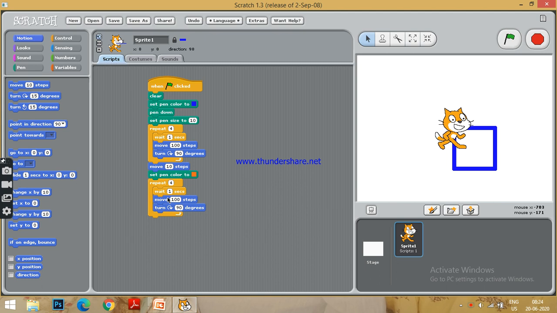The same objective: wait for 1 second, move 100 steps and turn 90 degrees. Now I add the same script by changing the pen color to a different color, here orange, or you can say red color I have taken. So let us see what it is doing.